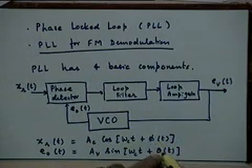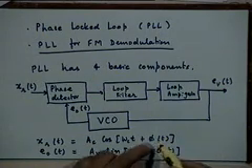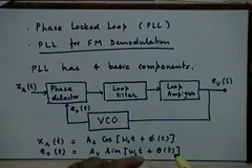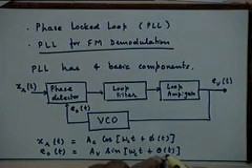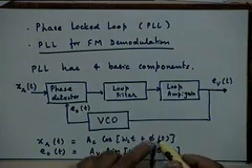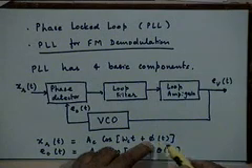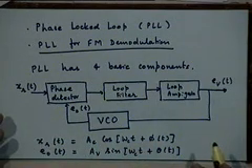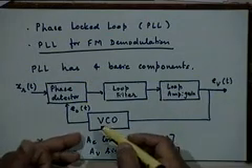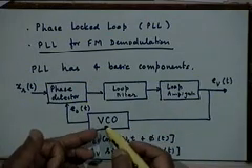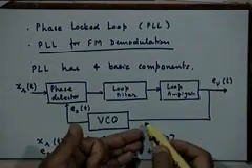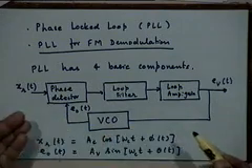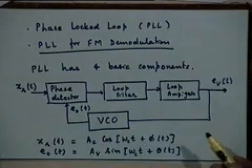right. And if theta of t follows phi of t, what is the relationship between the message and the phase? The message is a derivative of the phase, isn't it? Message is d phi by dt. So, that means d theta by dt will follow the message, right. That means that the input to the VCO, because after all the instantaneous frequency of the VCO will depend on the input voltage, that means this input voltage will try to follow the message signal. That is the basic idea.